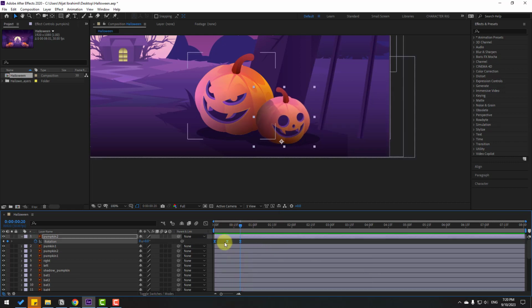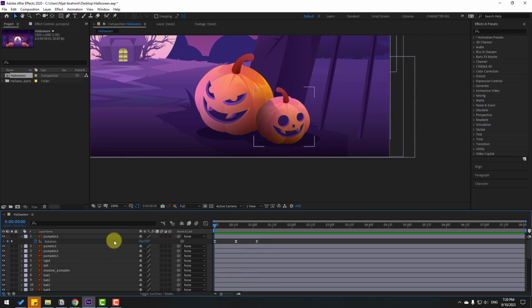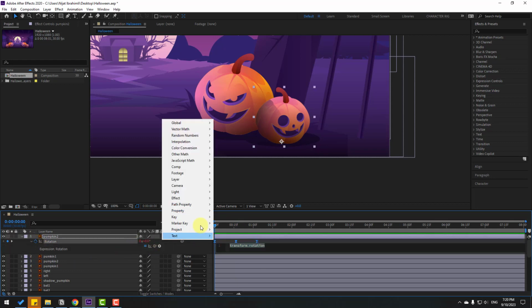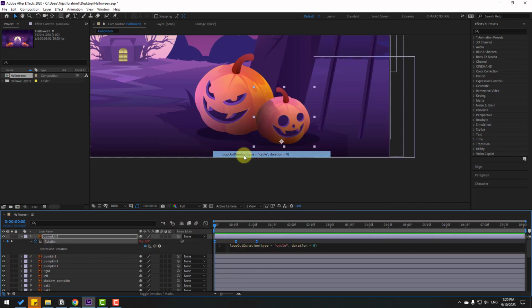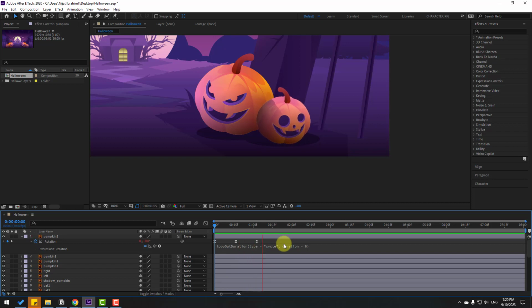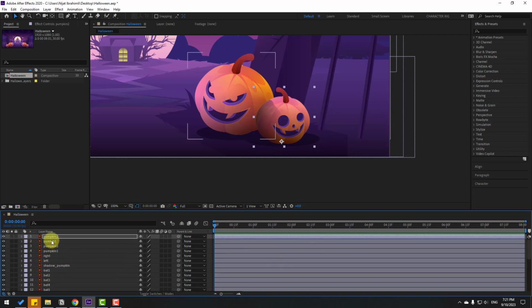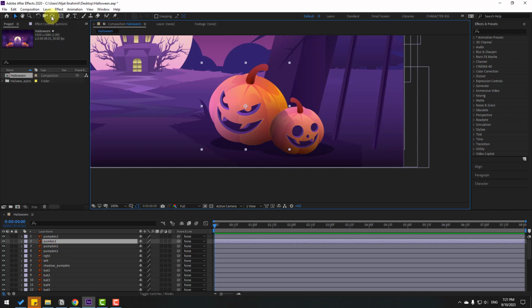Okay, select the keyframes, hold Alt and move to the right for a slower animation. Nice. Now hold Alt, click the time icon, go to the play button, Property and loopOut. This is the expression for a loop animation with 3 keyframes. Let's see. Nice. So select these keyframes and copy them, close pumpkin 2, select this pumpkin 1 and move the anchor